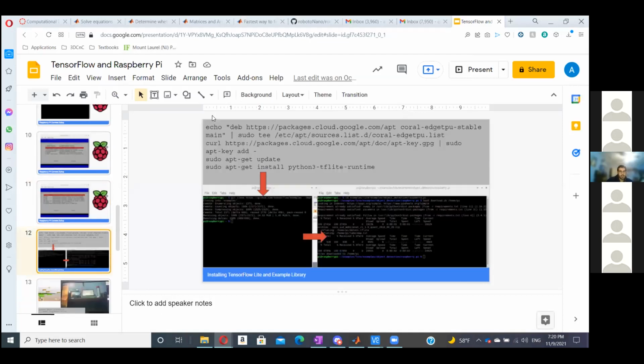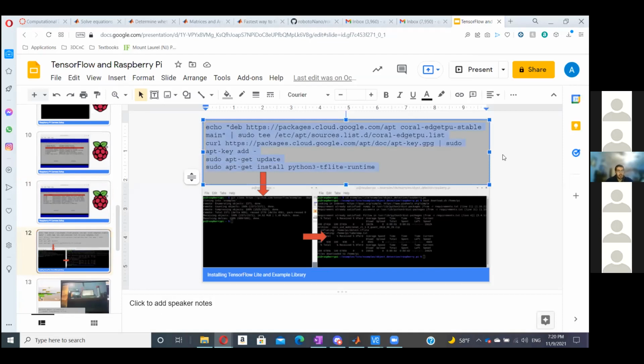So basically, all these commands allow you to download the library, and not just the library, but also the environment itself, right? So the TensorFlow library and some of the basic examples that come with the TensorFlow library. I'm not going to repeat the download just because I don't want it to mess up what I already have set up, but I'm sure we can share these slides after, and you can take a look at this code.